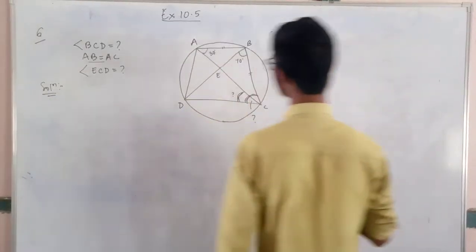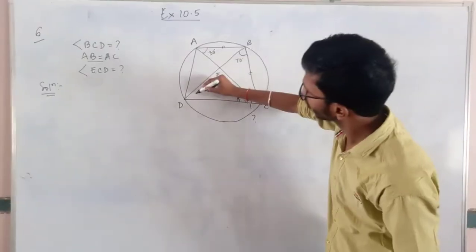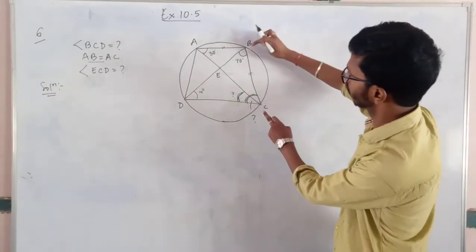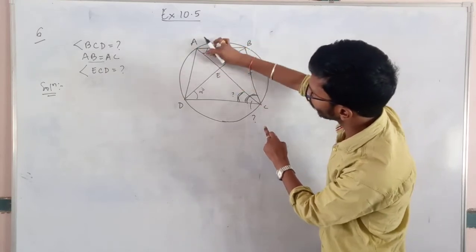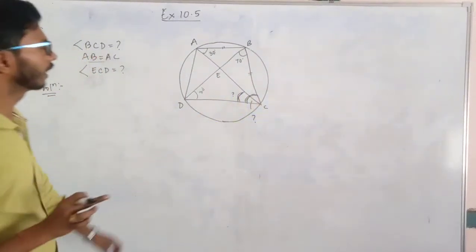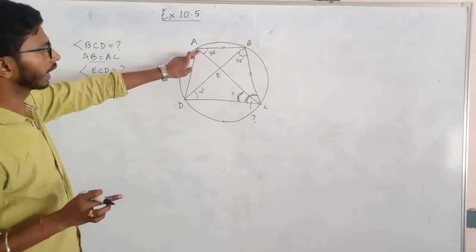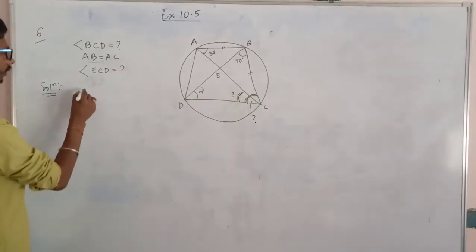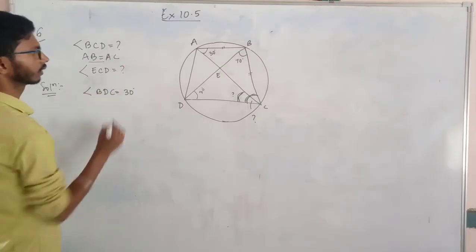Okay, let us see this triangle. Now this angle is 30 degrees, so this angle is also 30. What is the reason? This is the chord and these are two angles on the same chord. I told you if there are angles on the same chord with the circumference, the angles are always equal. So this is 30, which means this is also 30. So angle BDC is also 30 degrees.